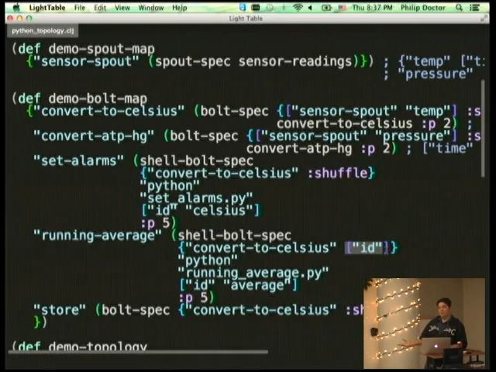I mean, the amount of power we're deriving from this topology, and you can tell, this isn't a lot of code. This is mostly data. It looks a whole lot like drawing boxes, to a certain extent. Anyway, back down to Python, running average, ID average, and then finally just storing it. I'm going to store it in a database. And that's the totality of the topology. So if you wanted to do everything else in Python, this file would be the extent of your Clojure. Everything else would just be a shell spec bolt and a Python thing, and you'd be done with the Clojure code.